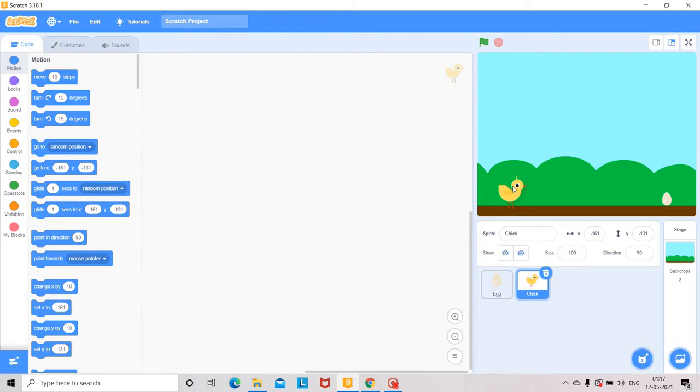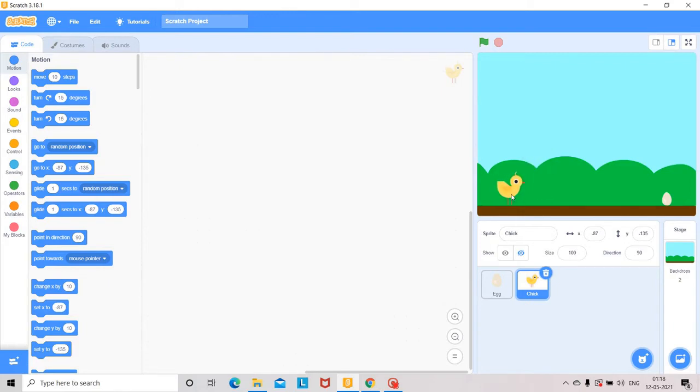You can see here also: when I move upward, it changes its y value, and when it moves downward, it also changes the y value. This is the y coordinate. When any figure or sprite moves horizontally, it will change the x value, and any figure that moves vertically will change the y value.